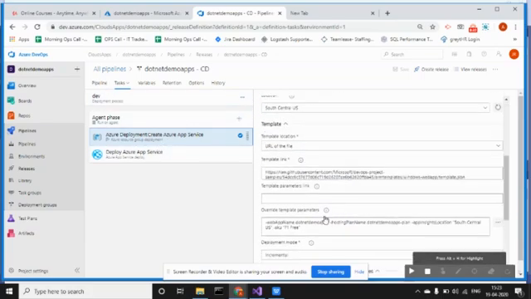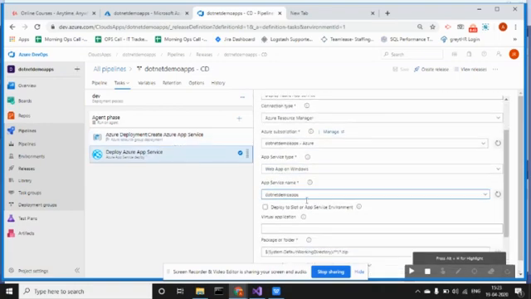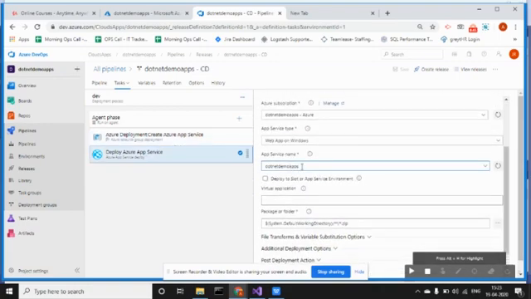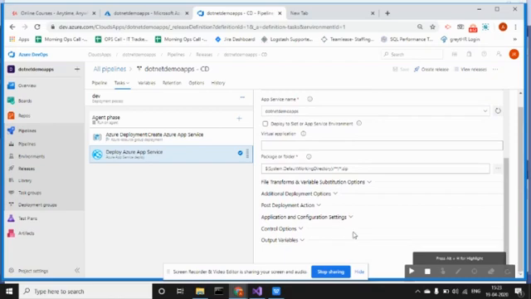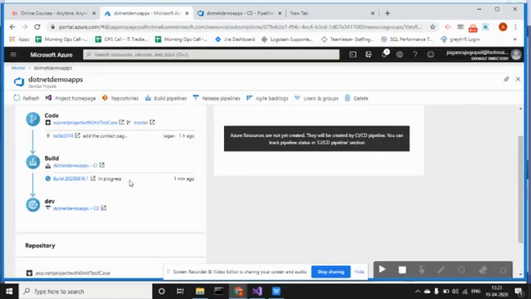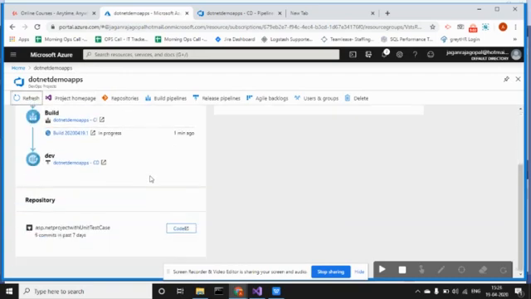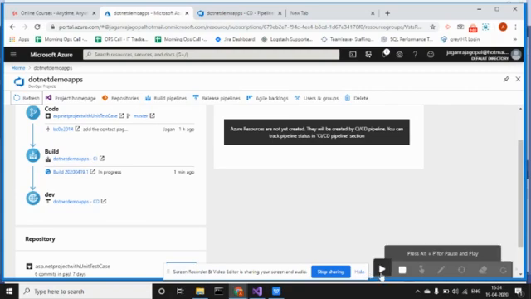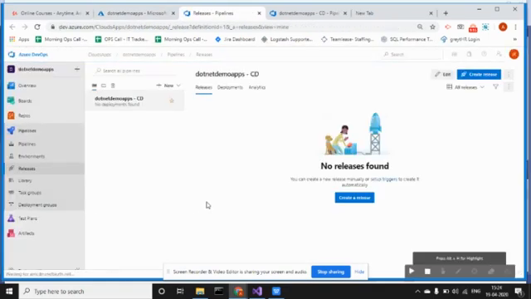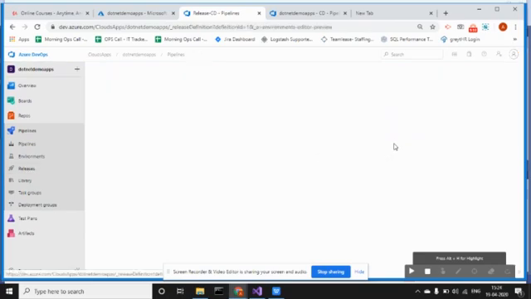Okay, and this will tell where I'm going to deploy. I'm going to deploy into this app server. This I already deployed, since the application is still building, so you can't see it. Once it comes, I'll show you. So it's still building. Let me refresh it. Still in progress. Okay, so right now the build is in progress. Let us wait for some time. Meantime, I can show you the CD pipeline. Go here. Oh my god.